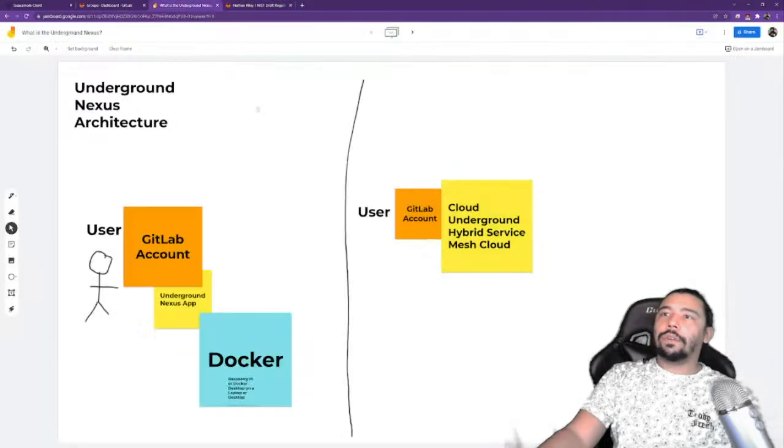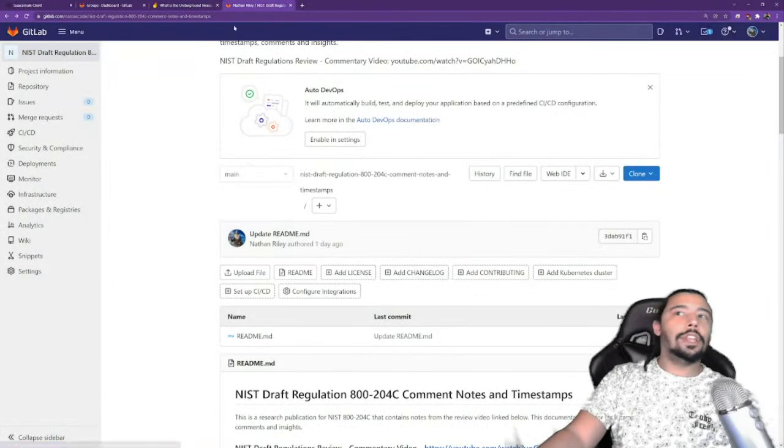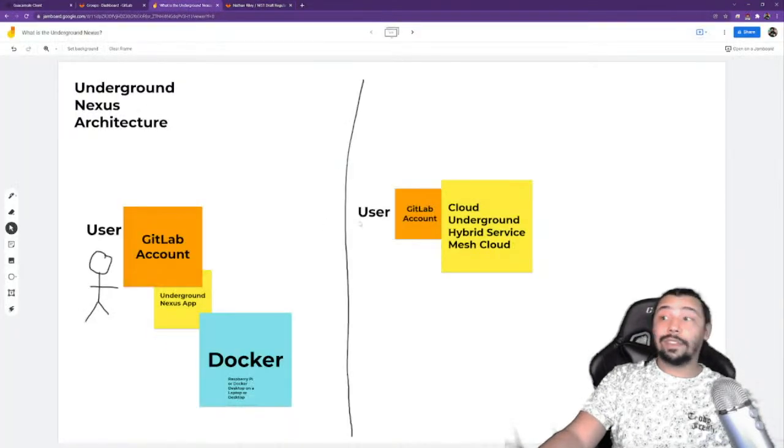So this document, like I said, is a beefy, chunky, deep dive into the concepts.